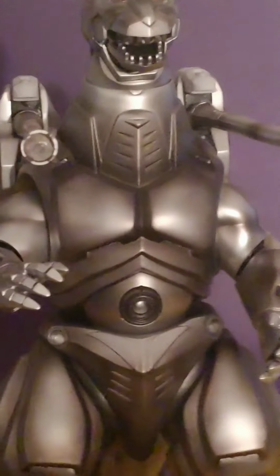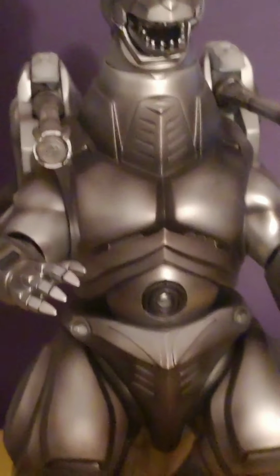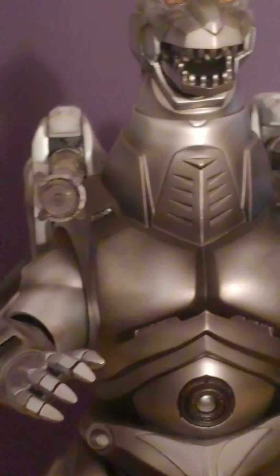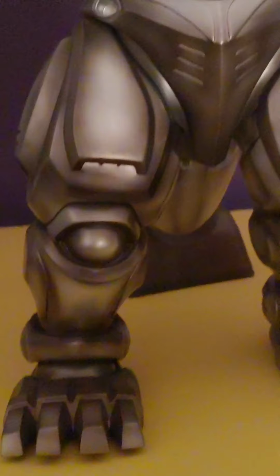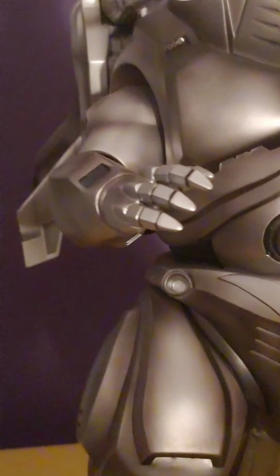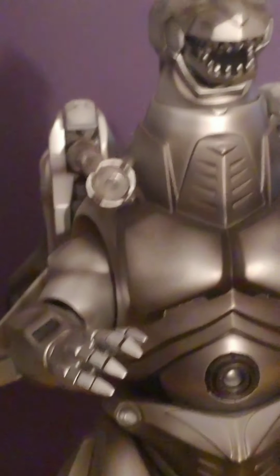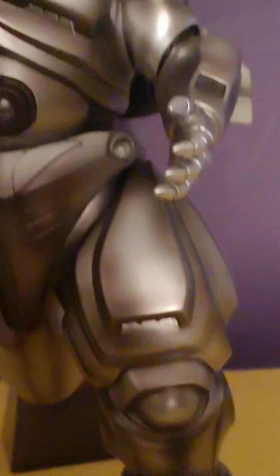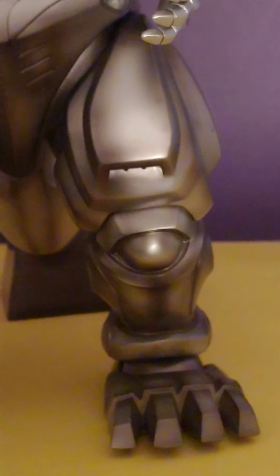Alright. So we'll zoom in so y'all can get a closer look at it. Now, Super Mechagodzilla. When I tell y'all I had no intentions on buying this figure whatsoever. I saw it when it was first available there a couple months ago, if I'm not mistaken. And I was like, as much as I like Mechagodzilla 2, and as much as I do enjoy Godzilla vs. Mechagodzilla 2, the actual film,